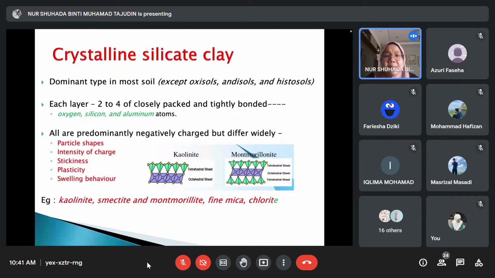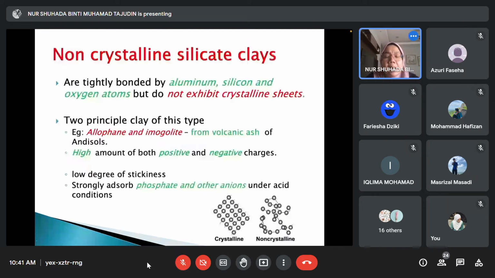Non-crystalline silicate clay is actually tightly bonded by aluminium. You should have aluminium, silicon, and oxygen atoms. However, it does not exhibit a crystalline sheet. If you see a crystalline sheet, it should have a crystalline structure, a structure that is fixed, a structure that is built nicely. However, a non-crystalline is like